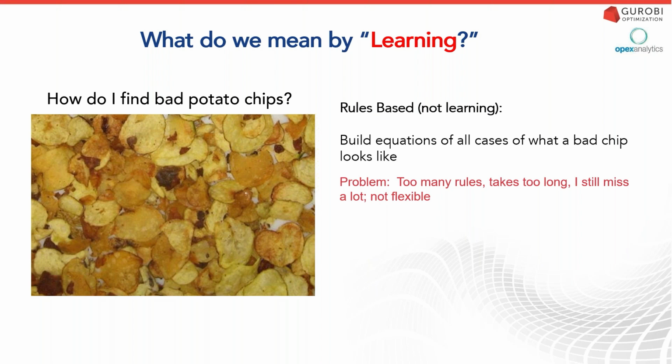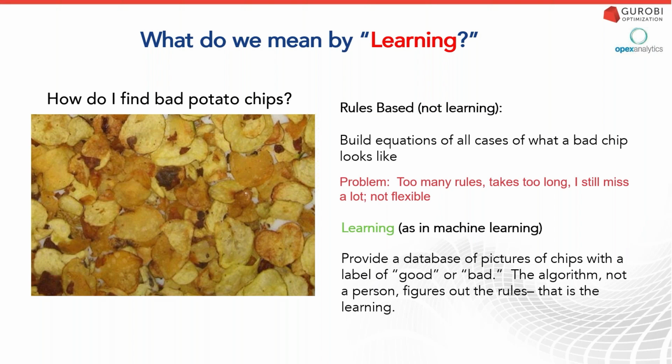What it's not is a rules-based system. So let's take an example. Let's look at these potato chips on the left and try to figure out which one is high quality and which one is low quality. Which one is good and which one is bad. If I take a rules-based approach, I get a bunch of quality control engineers into a room and have them define the equations which define a bad potato chip. They're writing out all these different equations about what makes a potato chip good and bad, and they have to write out all these different use cases.